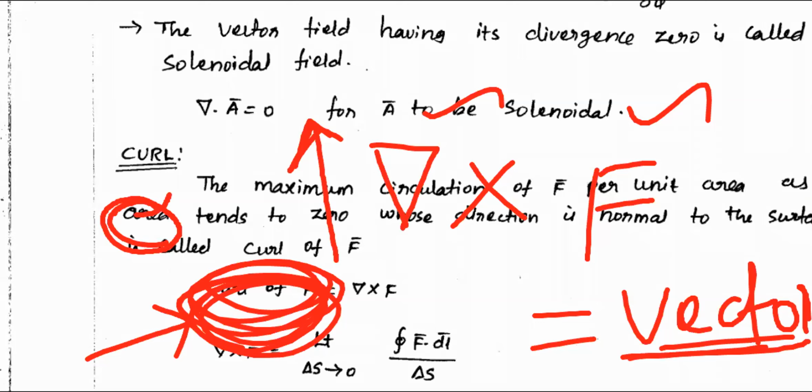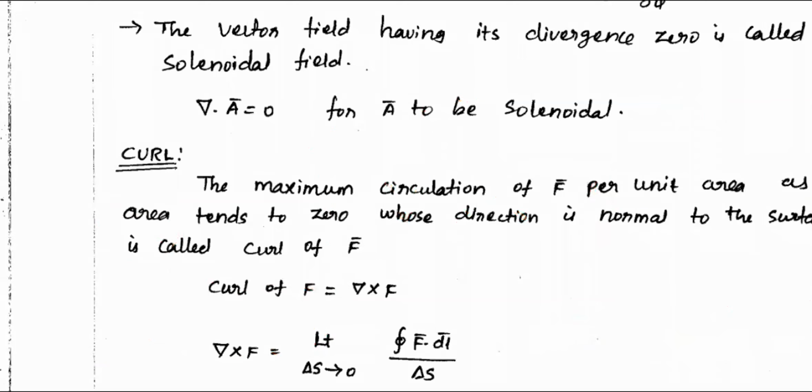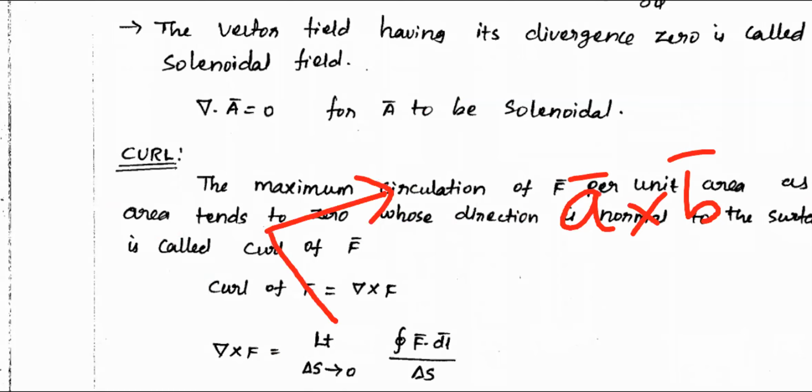In one class I told you, you take two vectors and you make a cross product. You take one vector and another vector, and definitely you can make a plane, because a vector is a line and another vector is another line. If they are one on another, the angle between them is 0. But if it is not, definitely you can put them like this, and they will lie on some plane.